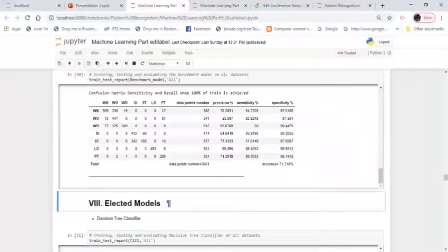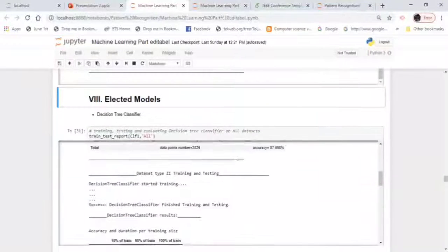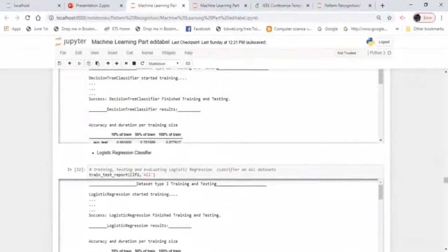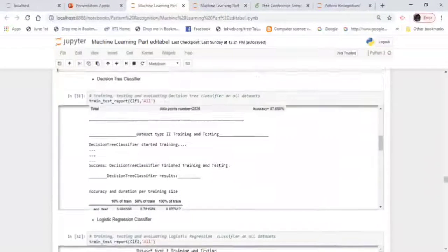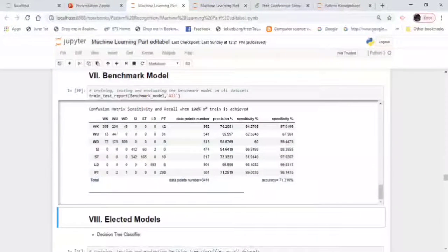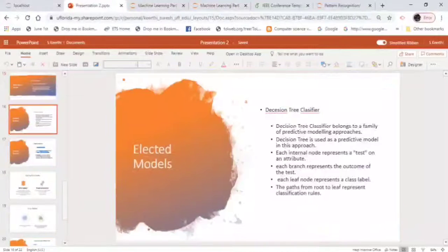So this is the benchmark model, and I selected two other models from supervised learning, the decision tree and the logistic regression classifier, and I will try to beat this benchmark. What is a decision tree? The decision tree classifier belongs to a family of predictive modeling approaches.